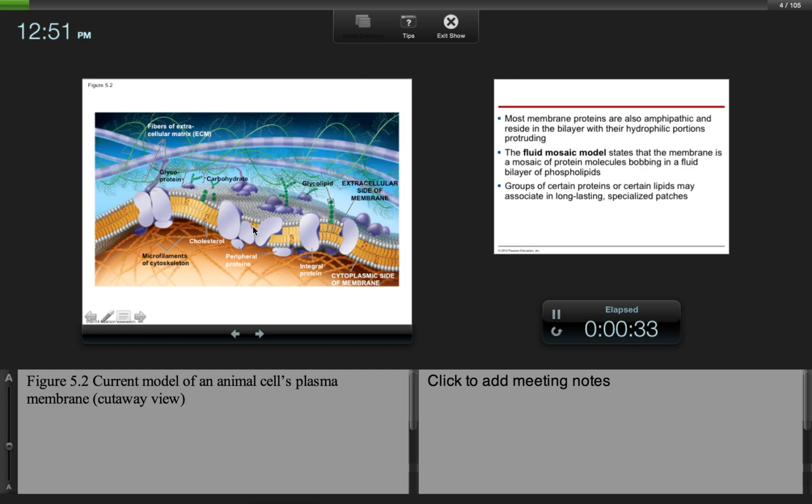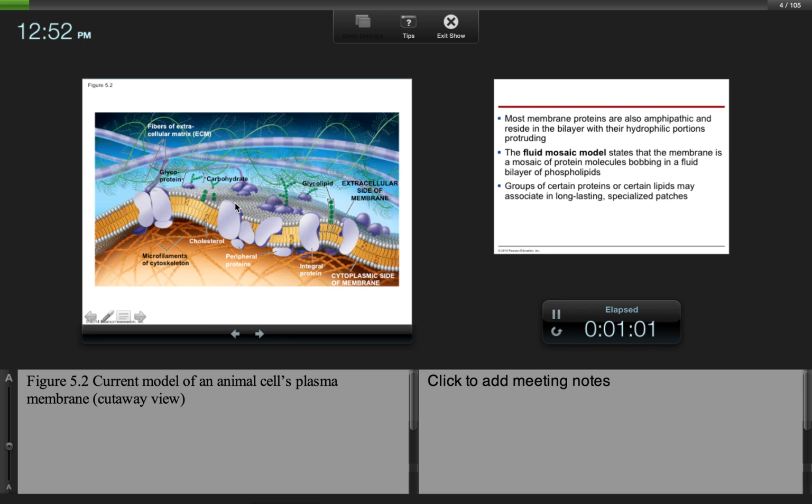Okay, so you should be familiar with this picture. This is your phospholipid bilayer, which is attached to your extracellular matrix, which is outside the cell, and the cytoskeleton, which is inside the cell. Notice some of your molecules here. You have a carbohydrate attached to a protein, making up a glycoprotein. Here we have a glycolipid where the carbohydrate is attached directly to the phospholipid, both of which function in cell-to-cell